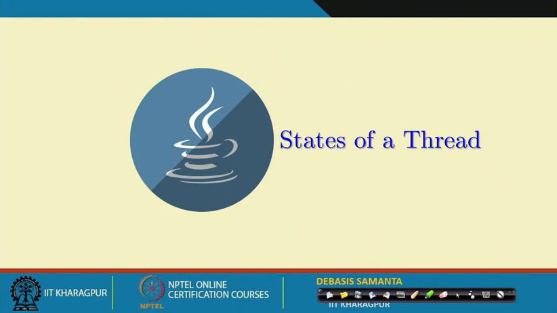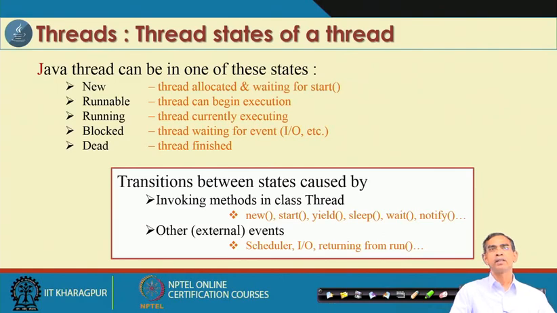Now, there are many more things, particularly that a thread can be in different states. So, now we will discuss the different states that a thread may have. This is very important because whenever you have to control a very complex program, you should know the different states a thread may have, and how we can communicate from one thread to another. So, basically, inter-process communication.